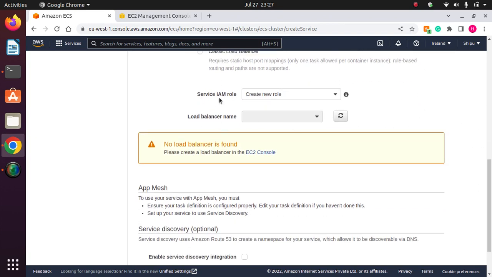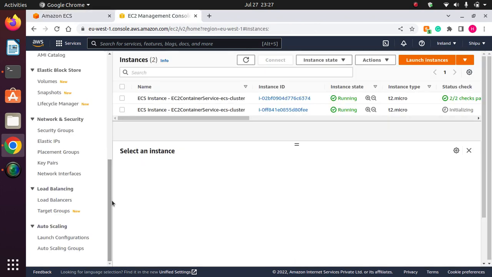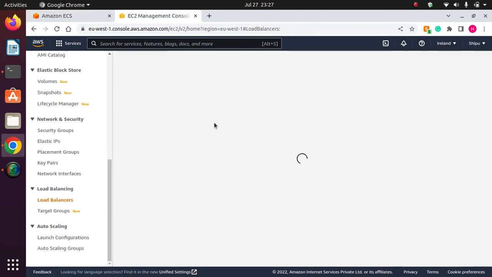Okay, so here is the service role, the IAM role. Okay, that's fine. And there is no load balancer. If there is any load balancer available, then we can directly get it here. So right now we have to create a load balancer. So I'm going here to the load balancer,